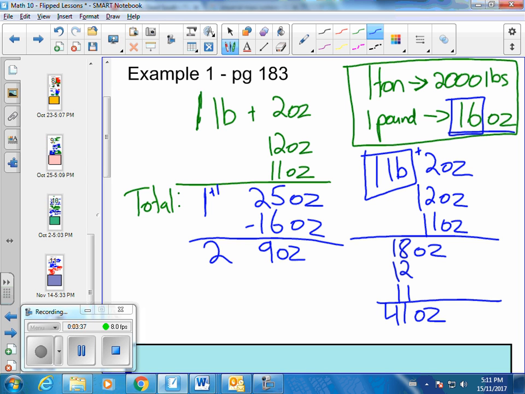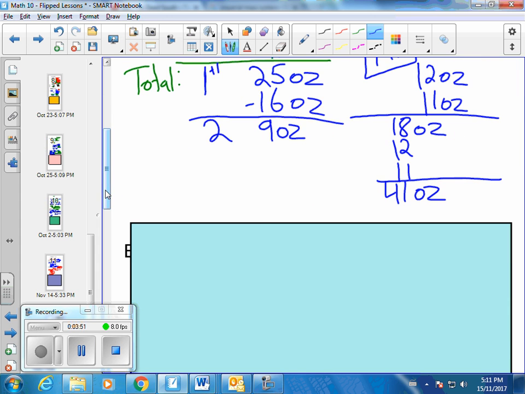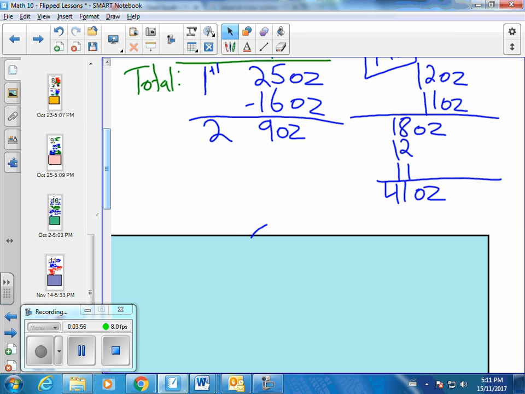I know that it's more than 16 ounces. In fact, I know that it's actually more than 32 ounces, which is double 16. So I'm just going to put that down before I start moving stuff. I'm simply going to start taking away 16s until there's no more left to take away. So 41 minus 16, and I'm going to add it over here. So that's 1 pound over here. So 41 minus 16 is going to give us